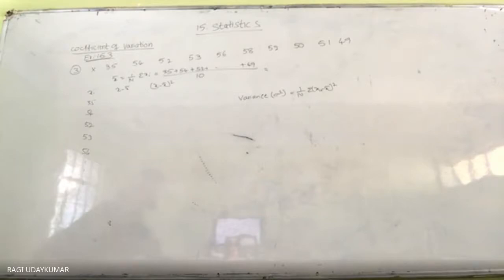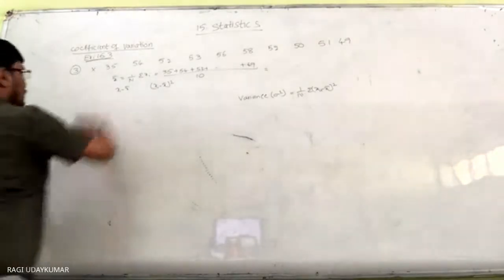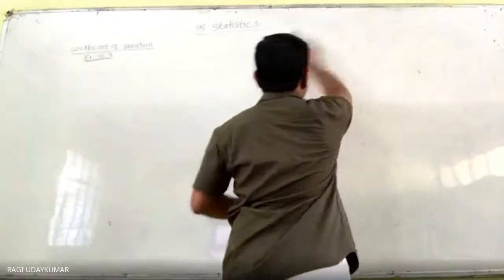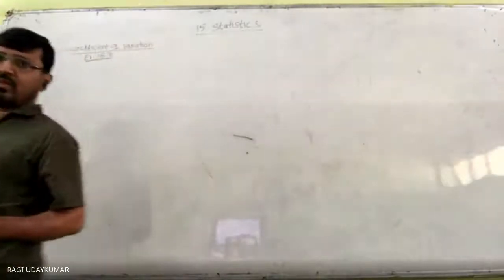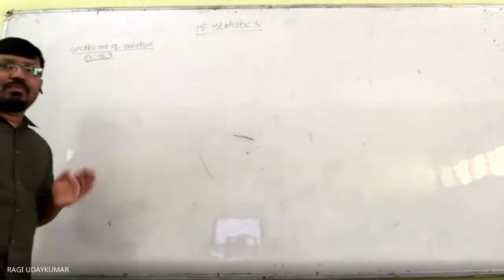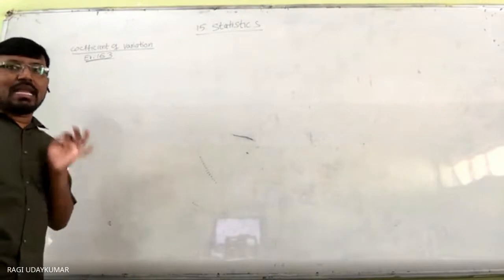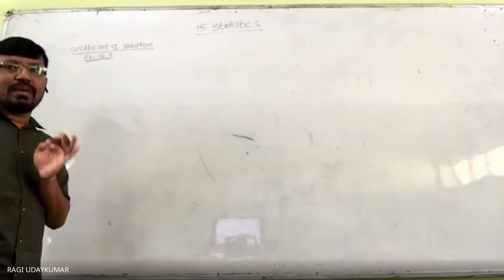So coming to problem number 4, the number of wage earners is 586 in the first case and 648 in the second. So what to do here? Write the monthly wages of firm A. What is the question? Which firm, A or B, pays the larger amount as monthly wages? Who will pay the larger amount?